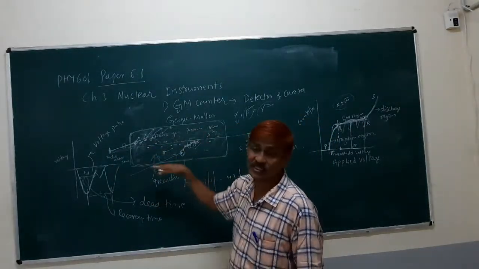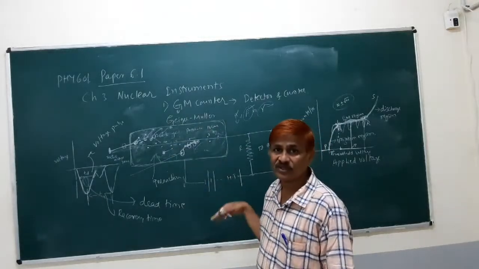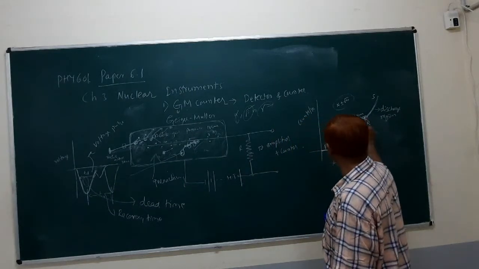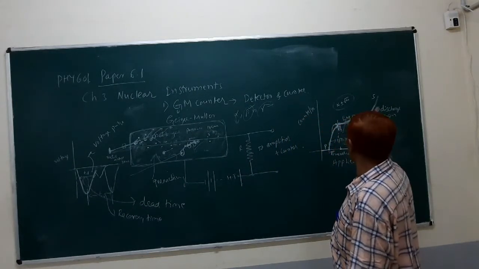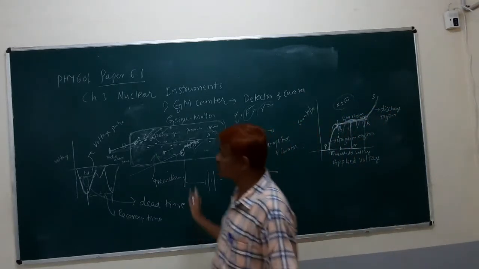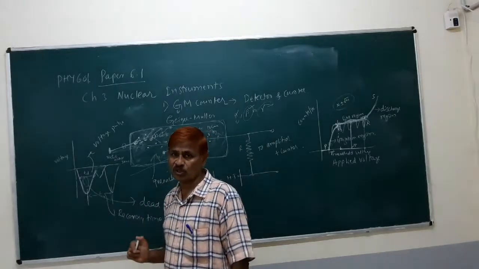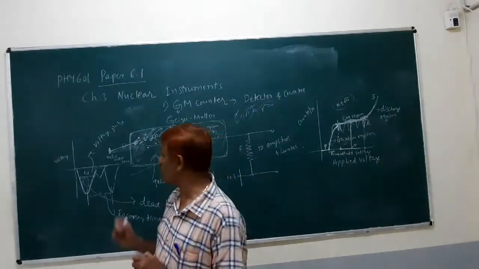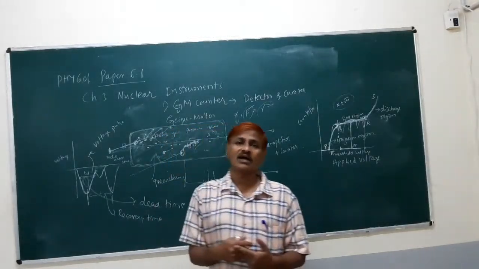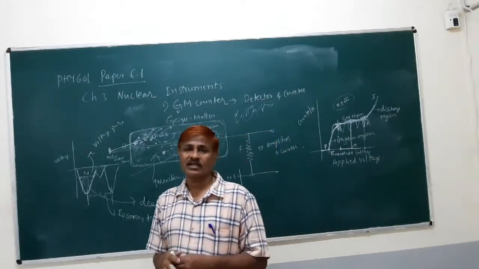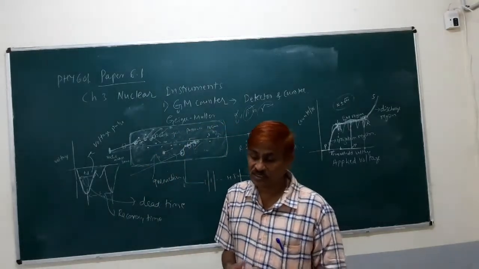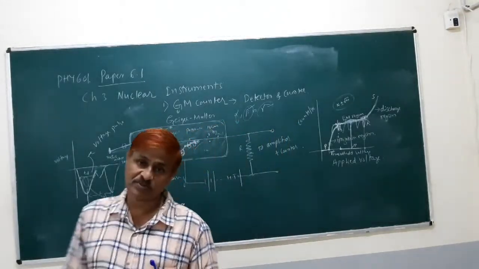And it is a gas-filled detector, very easy to operate. Those are the advantages. Always it is operated in the GM region. You should avoid it going into the discharge region. This is about the GM counter. There are small definitions you can get: for 1 mark, what is dead time, what is recovery time, what is quenching, and what type of gas is filled in the GM counter. These are the 1 mark questions that we can expect.